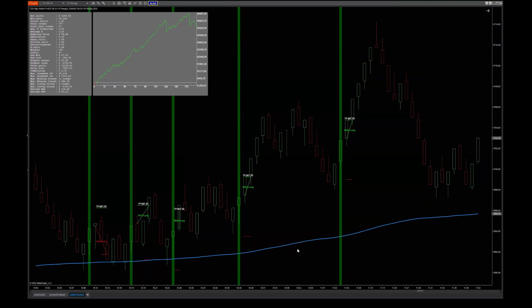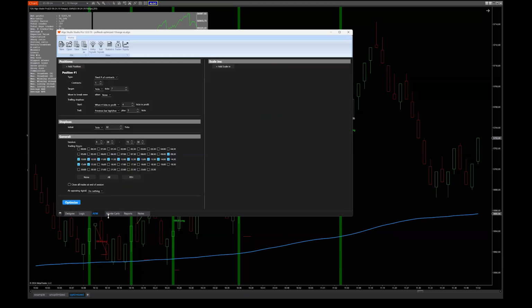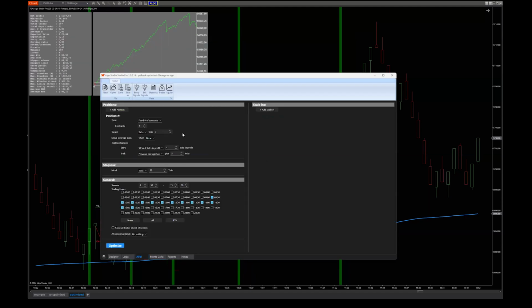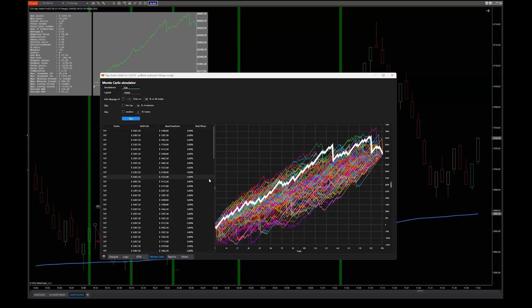And yeah, that's, I guess, the basics of the Algo Studio. Like Sam said, there's a lot in here, so I just touched the basics, showing you how easy it is to create your own algo, to optimize it, to backtest it, which basically happens in real time whenever you change something, and how to use the Monte Carlo analyzer to see the robustness of your algo.